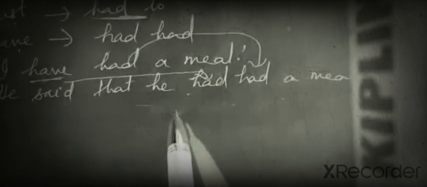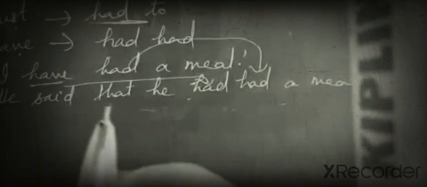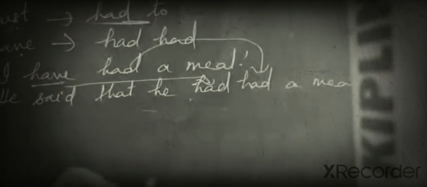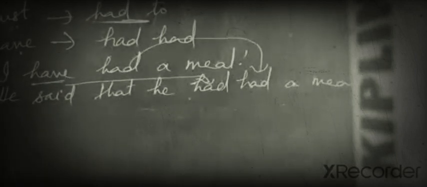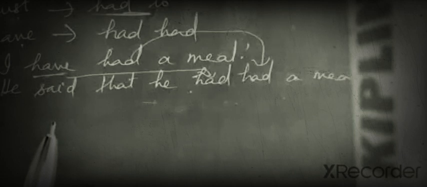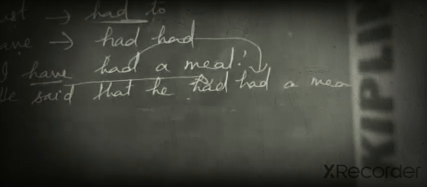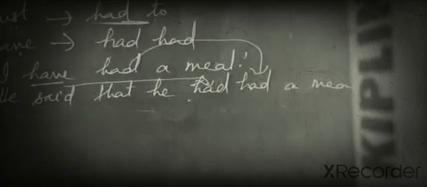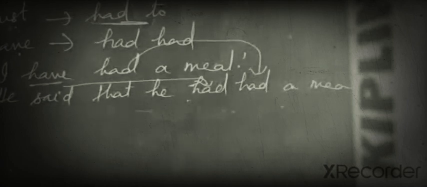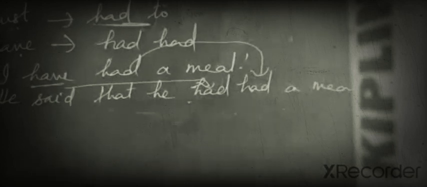Then all the exercises, whatever I have taught you in this class, you please learn it properly and then start doing the exercises. Complete all the exercises given in the text. You have to do it in your notebook. There is no space for you to complete it in the language text. If you are doing it in the language text, do it with pencil, but then when you are correcting it, see that you are writing it correctly in the language notebook. I want to see all these exercises in the language notebook. So write in the language notebook only the answers of it. Write the question number, write the answers. No need to copy the question. Thank you.